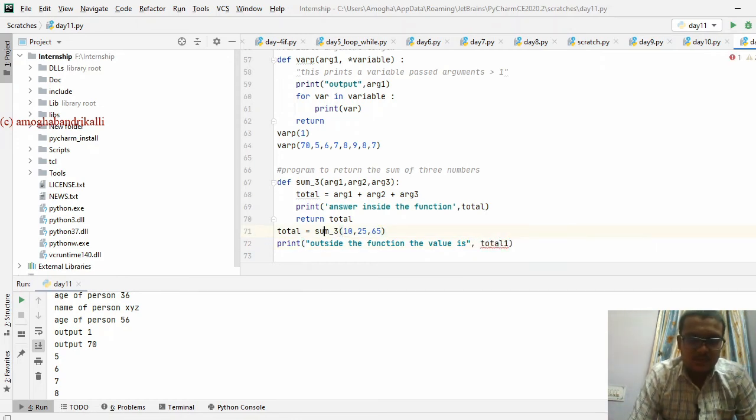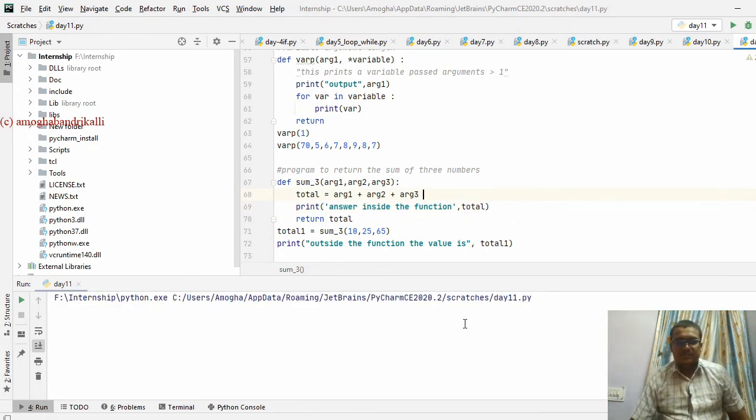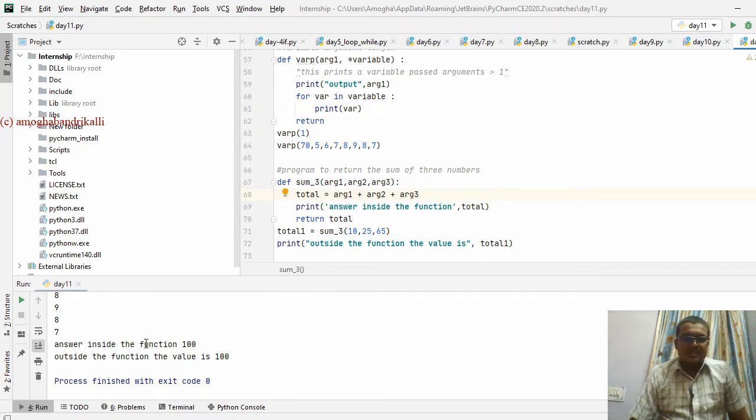You can change the variable name, so it will have a clear-cut version inside the function and outside the function. So the answer inside the function, it is going to add up the 3 numbers and that answer is printed inside the function,